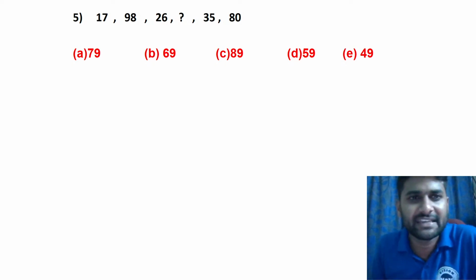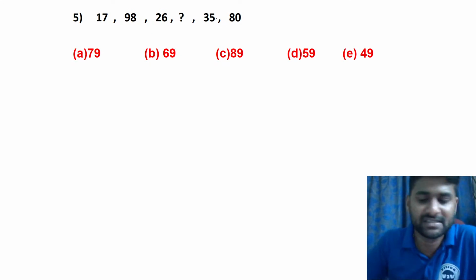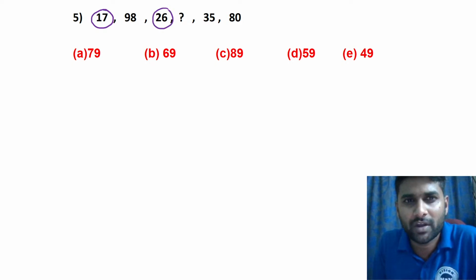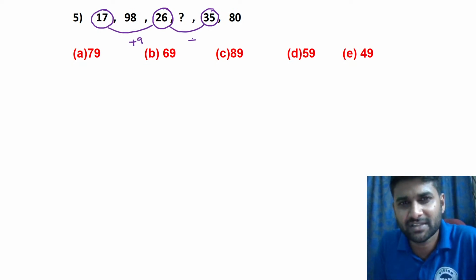See 17, 98, 26, dash, 35 and 80. See, the numbers increase and decrease. So if you see these kinds of numbers, definitely they follow the alternative series concept. 17 and 26 is increasing by 9 units, and 26 becomes 35, it is increasing